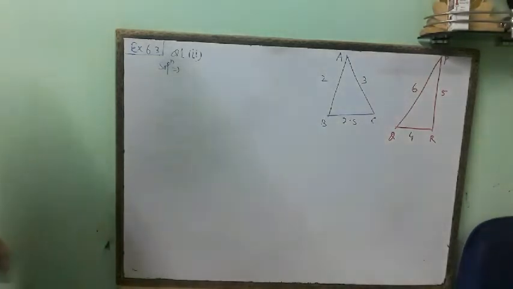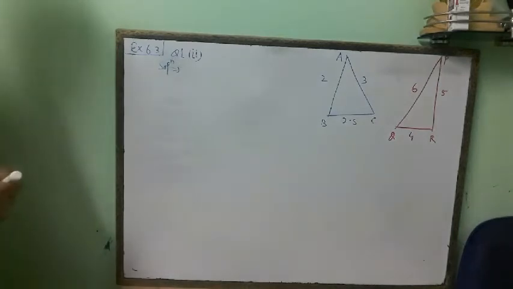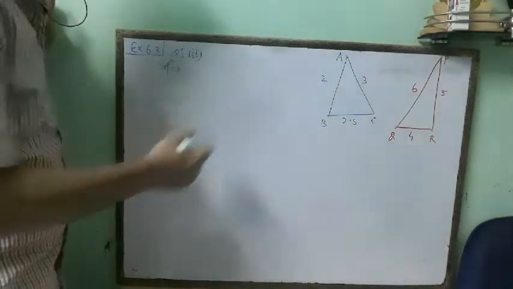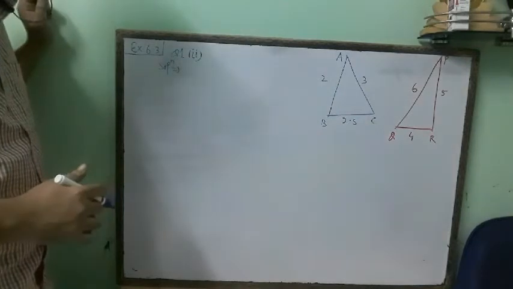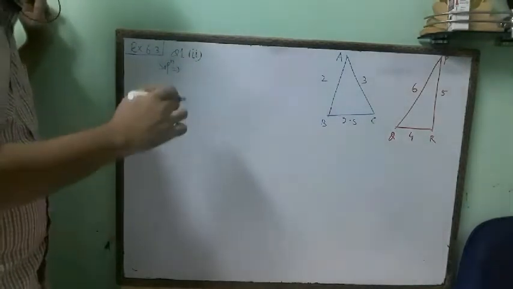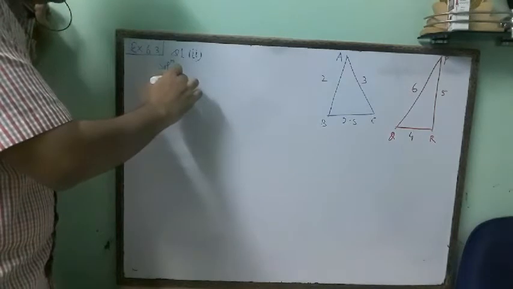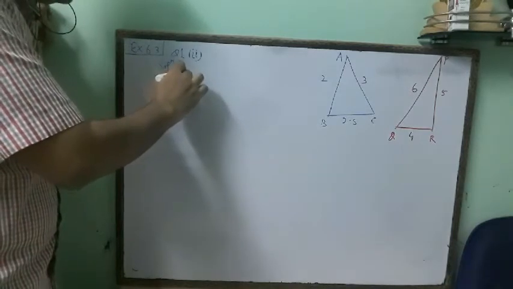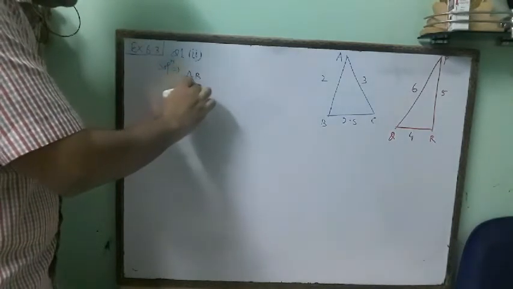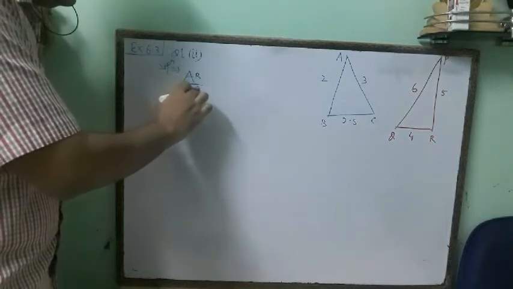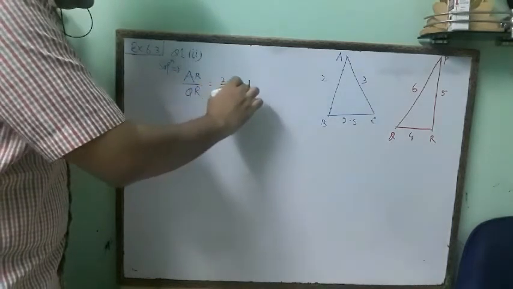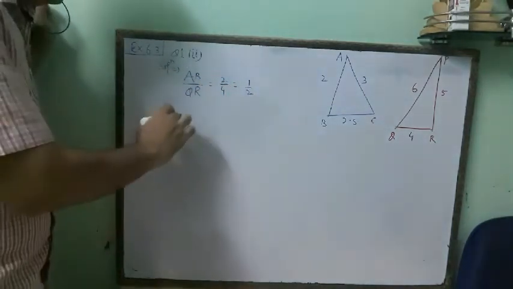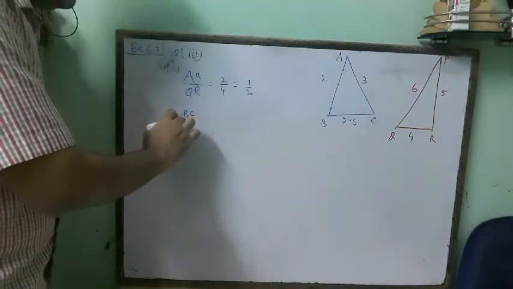So let's see which criterion is used to check whether the given two triangles are similar. Here the sides are given, so there must be the ratio of corresponding sides. We will use the SSS criterion. First we check AB divided by QR. AB divided by QR is 2 by 4, and the ratio will be 1 by 2. Similarly, BC divided by